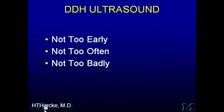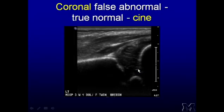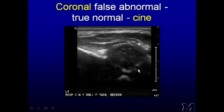Dr. Harkey is one of the leaders and pioneers in this field, and he warns us about performing this study. It really takes a while to get some expertise and experience, but I'm hoping that this presentation will give you an overview and a chance to get started in this area. Now, a couple of common problems. One is regarding the transducer if it's not aligned properly,